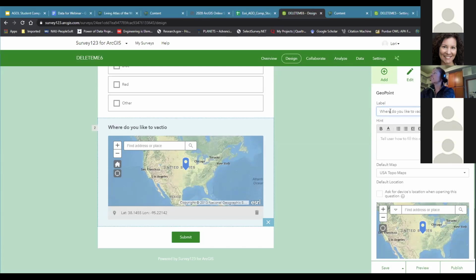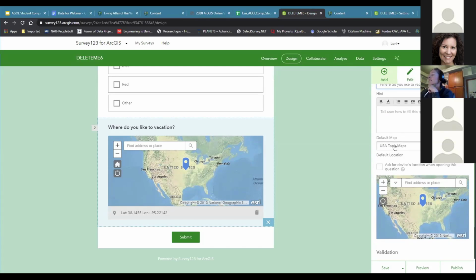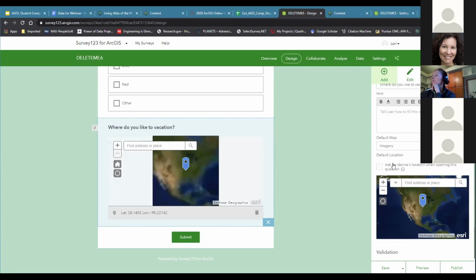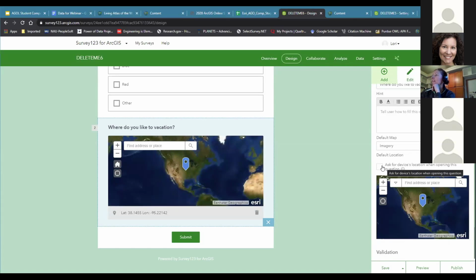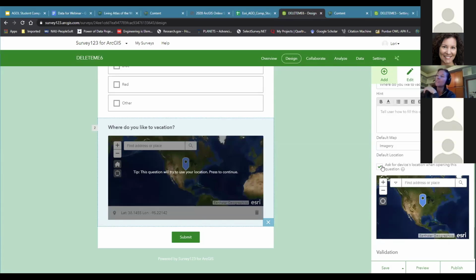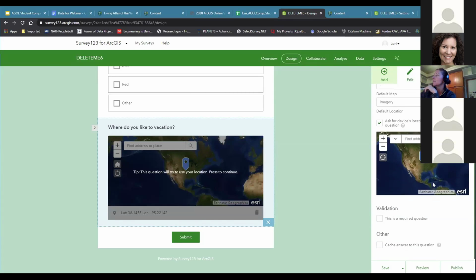Where do you like to vacation? And you can change the base map. A lot of people are going to be doing it on their mobile phones. You can say, ask for the device's location,